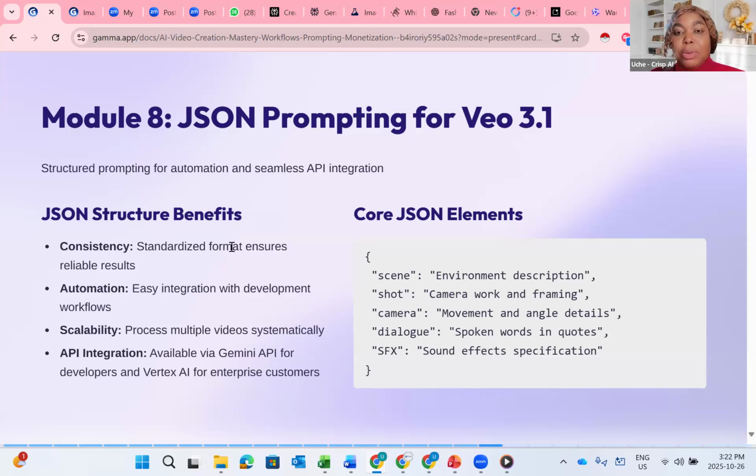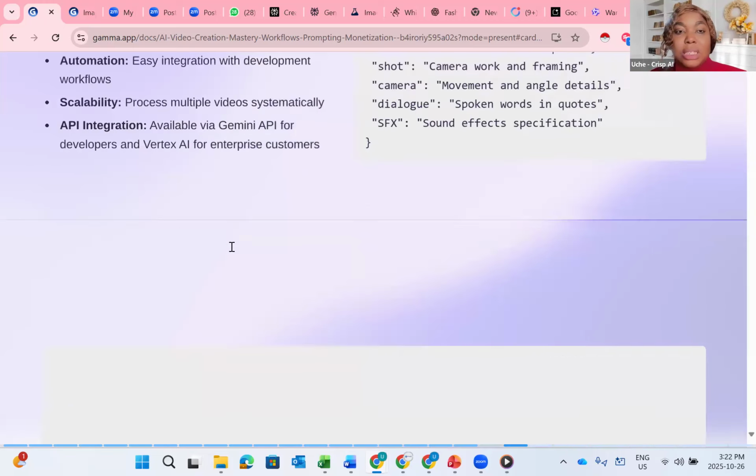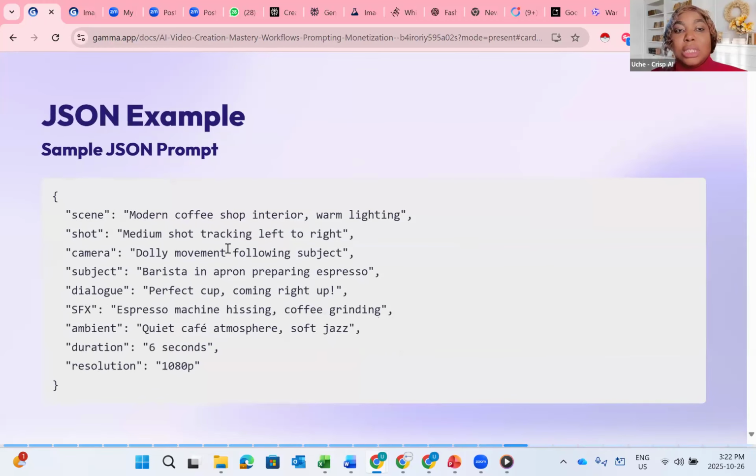I have an example. It should have a scene. It should have a short camera dialogue, if it does have dialogue, whatever you're going to say, and it should have your sound effects. You specify the sound effects. This is an example of it. So what is the scene? A modern coffee shop interior, warm lighting. The shot is a medium shot, right? That's the kind of shot it is. The camera is a dolly movement that is following the subject. A dolly is forward and then backward. The subject is a barista in an apron